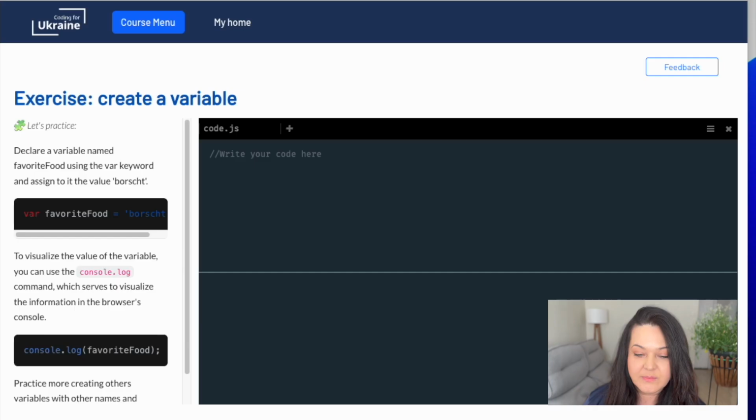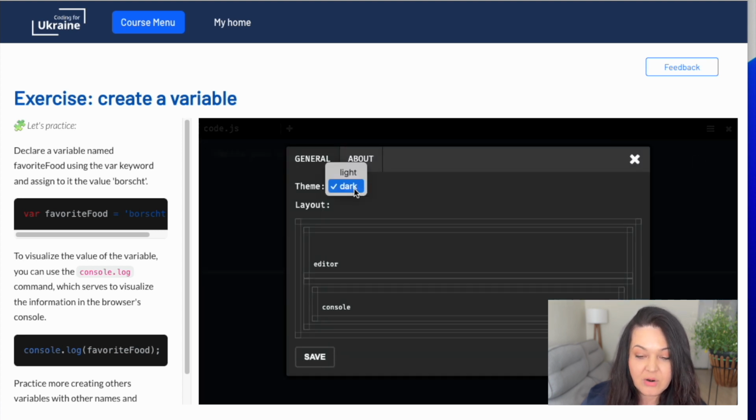In our course, we have an integrated tool that emulates a console panel, allowing you to write your code exercises without leaving the platform. Let's see how it works. This part on top here is for you to write your codes in JavaScript. And the bottom part, you can check the output of your code commands. So in this editor button, you can change the background to light or dark. So you can choose which one works better for you.